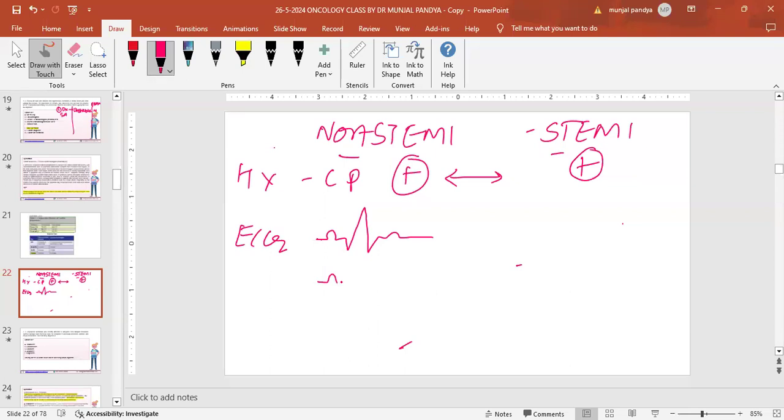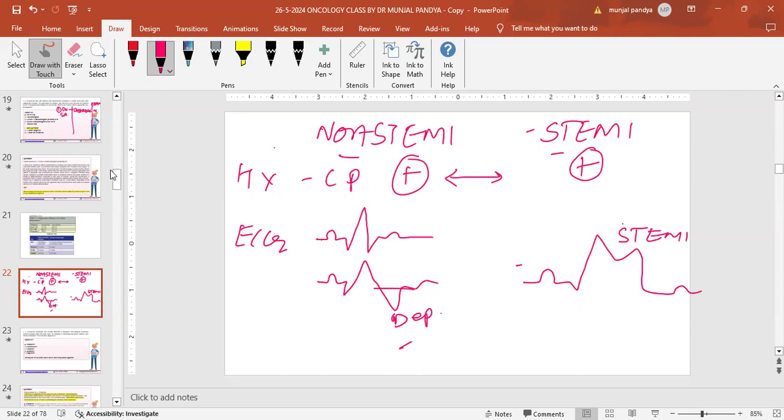Here now, if you see the non-STEMI: P, Q, R, S, T depression, right? So here ST depression, and here how the ECG looks, P, Q, R, S, T, this is ST elevation. So ST elevation is STEMI. ST depression or normal T is non-STEMI. So this is 100% diagnosis by ECG, not 99%. Without ECG, no cardiologist in this world can differentiate whether this is STEMI or non-STEMI, right? So history will give the clue.